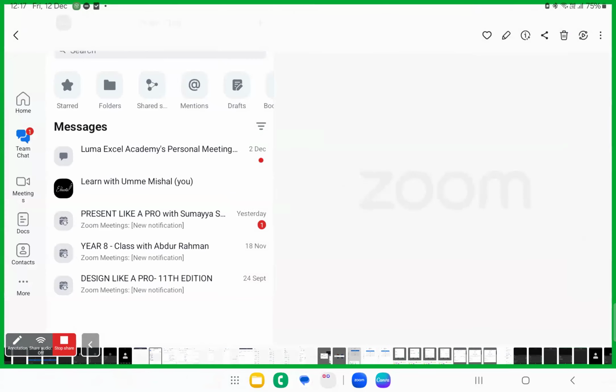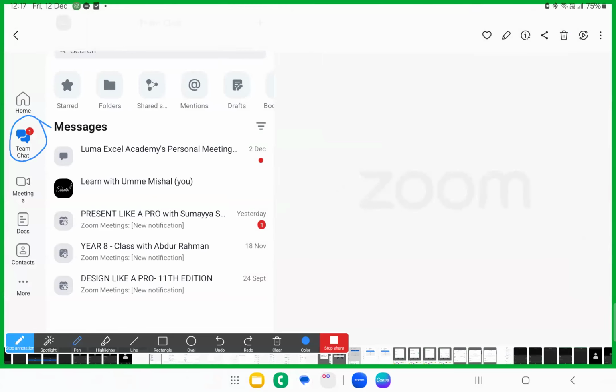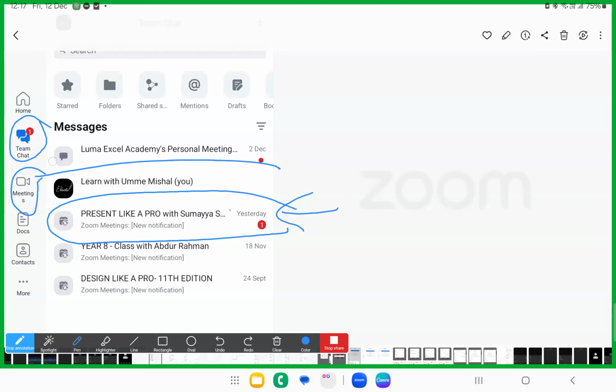There is something called team chat. It is newly introduced. Once we are done with the course, all the chats that you have written in the class will be here. Even it will be shown for you. All the chats that we have done in this session will be here. Then meetings. We already discussed, all the meetings that you have scheduled will be present on the meetings app. Remember this.